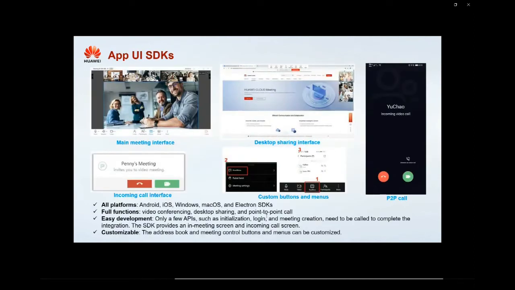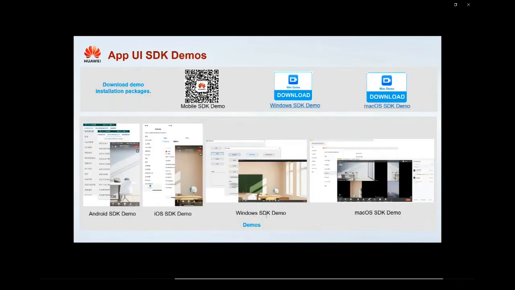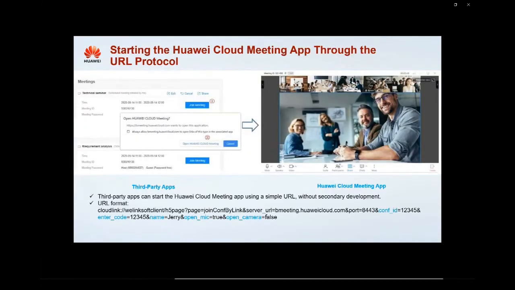Developers can use video conferencing, desktop sharing, and point-to-point call. In addition, address book, conference control buttons, and material sharing are available. Some applications can start the Huawei Cloud Meeting app using a simple URL without secondary development. The URL format is as follows.